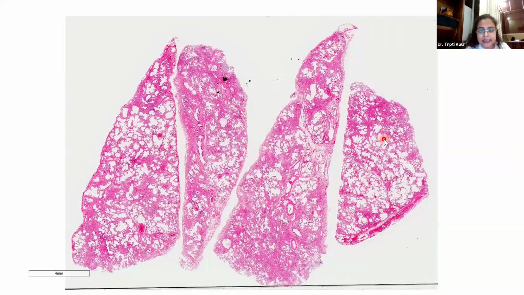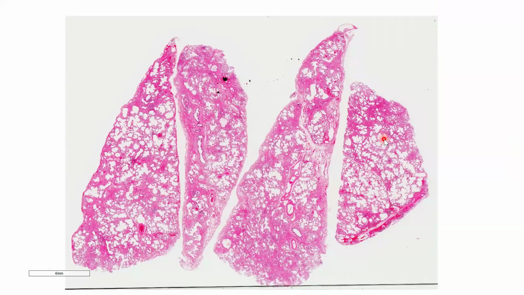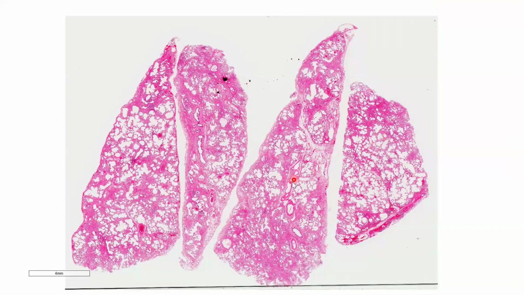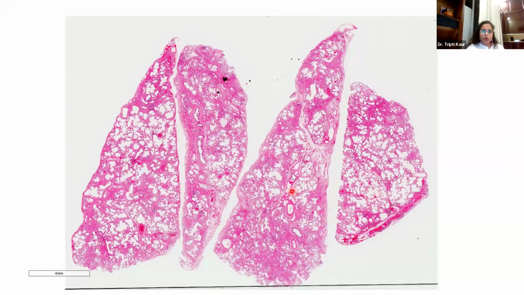So next case, anybody would like to take it up? The all section study shows all the fragments of the lung tissue showing similar pathology. It appears all are involved, and all are showing this dilatation and like honeycombing, ma'am. No, there is no honeycombing in this. There are some emphysematous changes here, but there is no honeycombing.